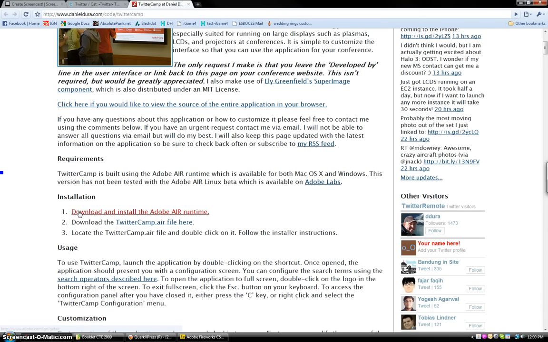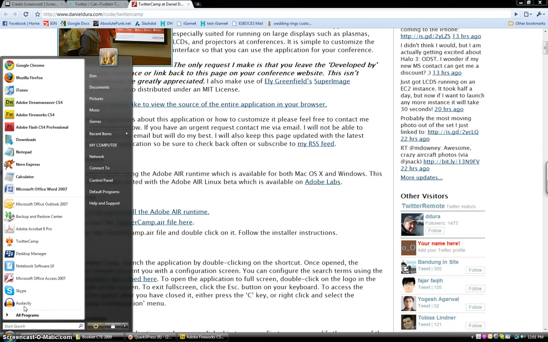So right down here, you've got to download and install the Adobe Air Runtime. That's just basically an installer. And secondly, you have to download Twitter Camp. Then you open that file, and it runs through the installation process, which is very straightforward. You keep clicking next, and eventually you'll be done. So once you're done with the installation, you can go here and open up Twitter Camp,